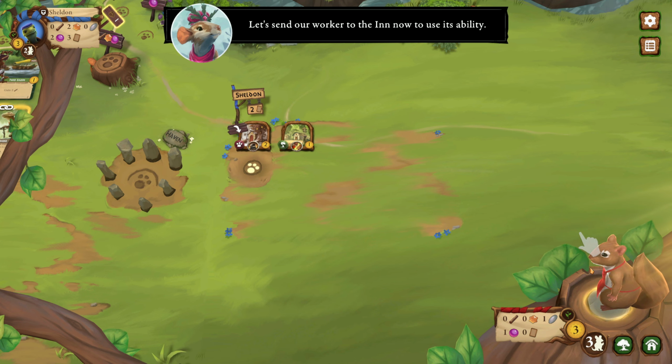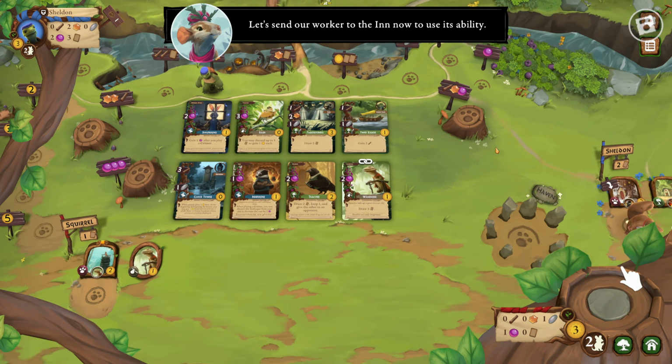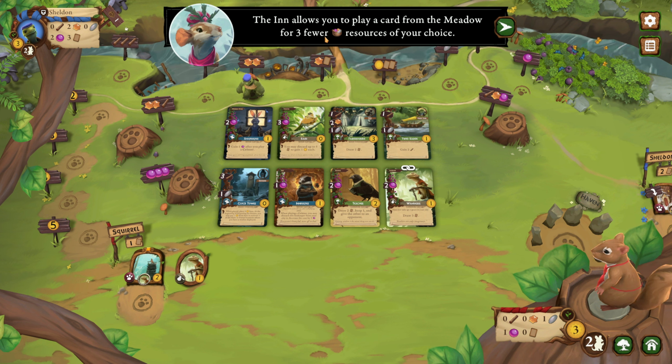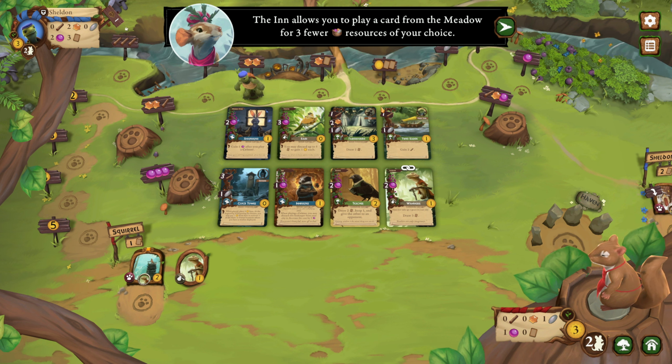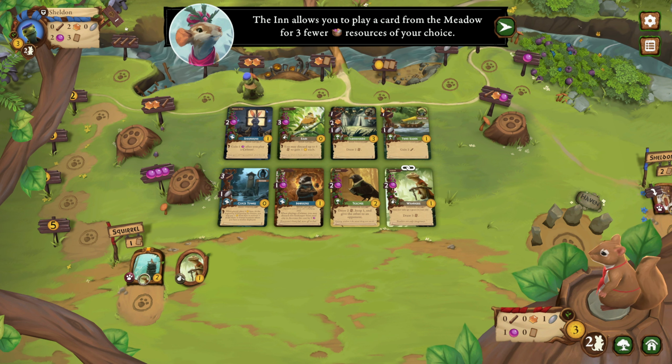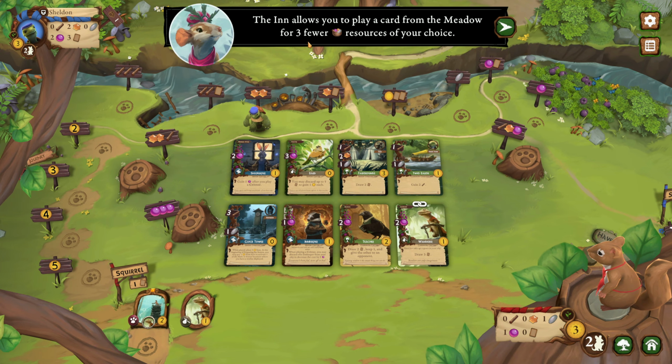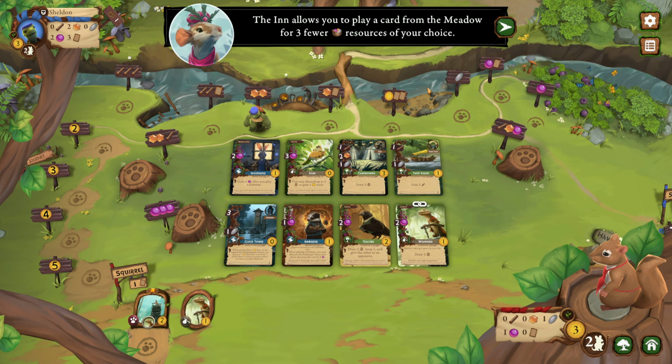Let's send our worker to the inn and use this ability, so we'll do exactly that. The inn allows you to play a card from the meadow for 3 fewer resources. You can see sometimes those cards, although they provide a benefit to your enemy that you're playing, maybe the competitor you're playing against or the AI, still you're gathering something quite nice out of it. So